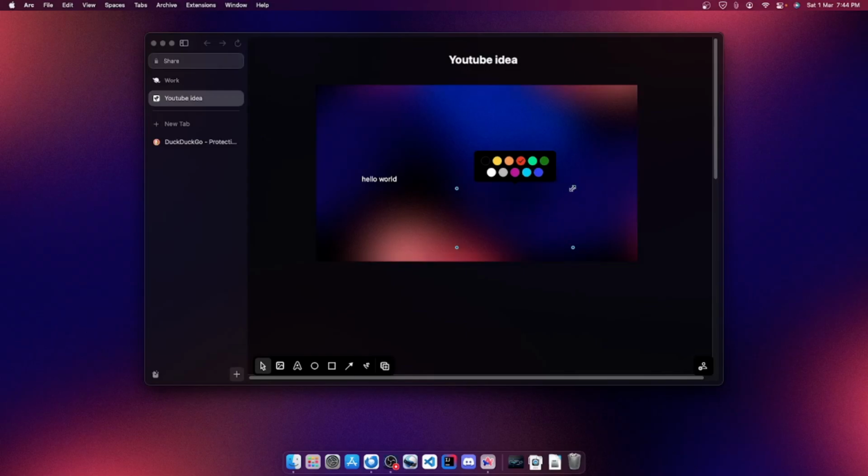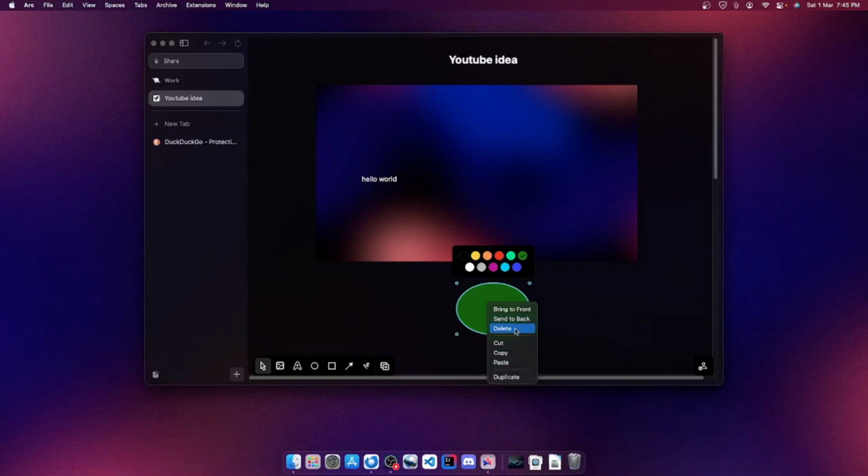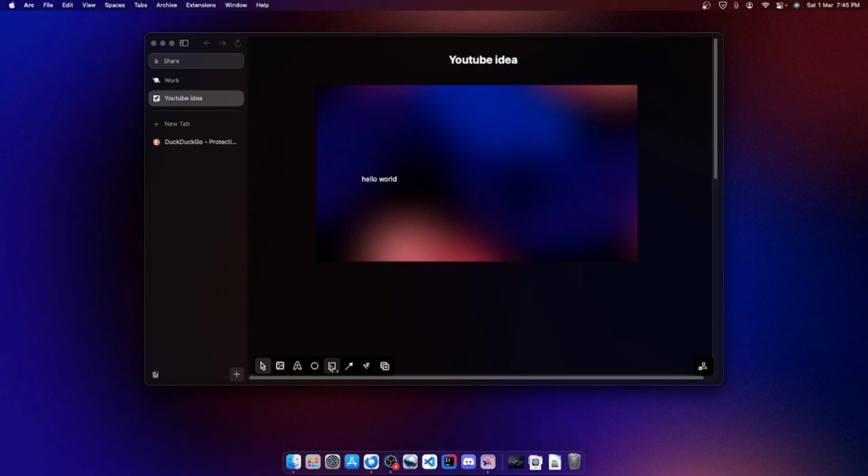It's not visible right now because it's behind. It is right now. We can change its color. I'm going to delete this, so command delete, or just delete it like this. You could add a square, you could add a pointer. So let's say you could make this a flowchart, and you could also have this drawing,